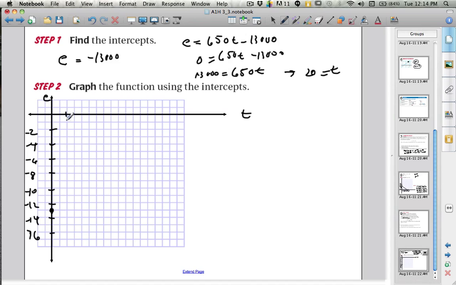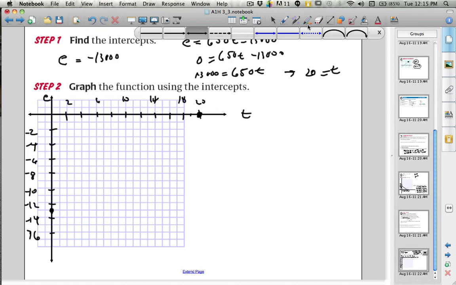And then up here, 2, 4, 6, 8, 10, 12, 14, 16, 18, 20. 20 is my other intercept. Okay, so now if I go ahead and connect my dots here,